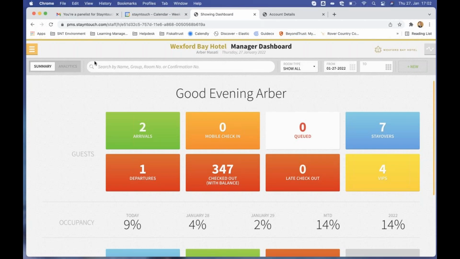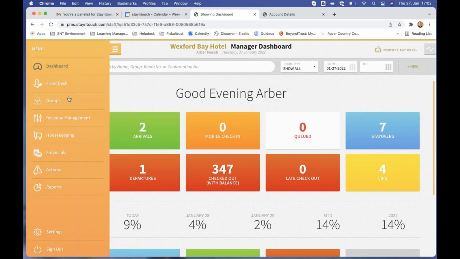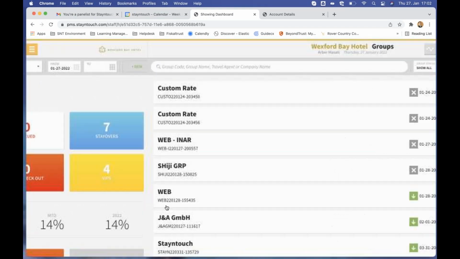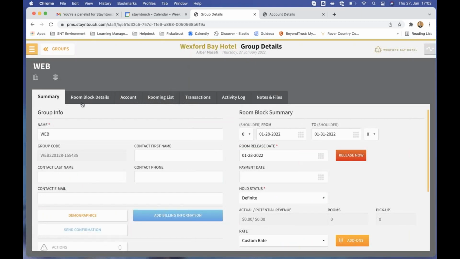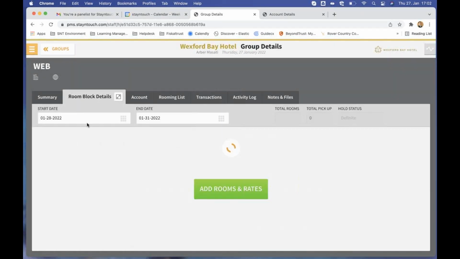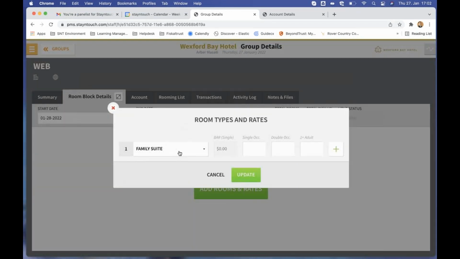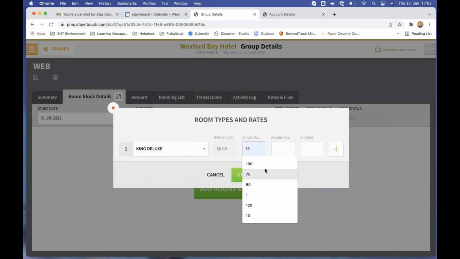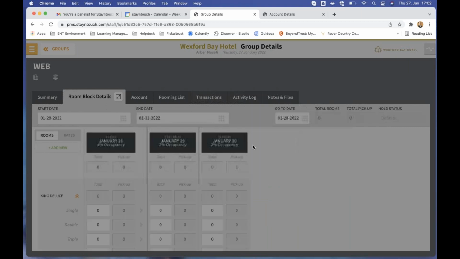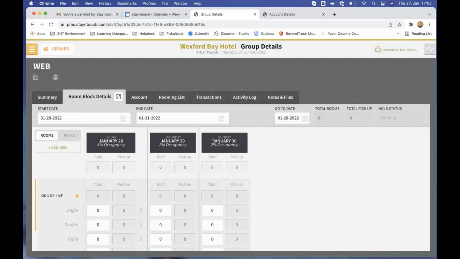By going into our groups, and after you have created the group, by going into room block details, the system is going to ask to add the room types and the rates for the group. After you have selected the room types for the group, and as well the rate that will apply, you can save the rates. After you have saved the rates, you will not be able to modify the rates anymore from